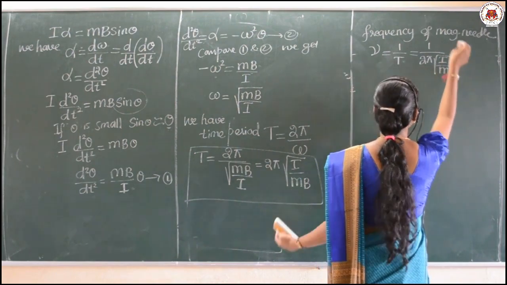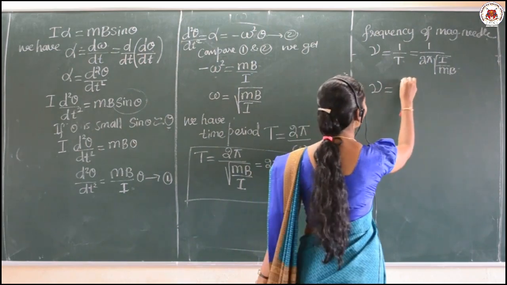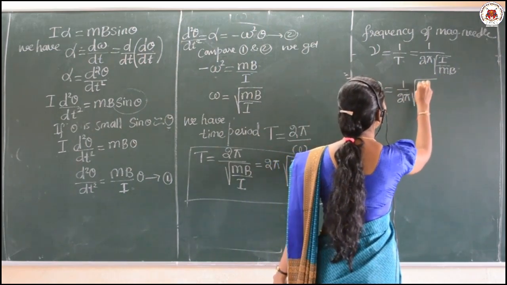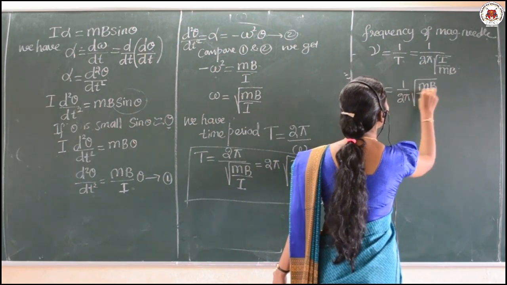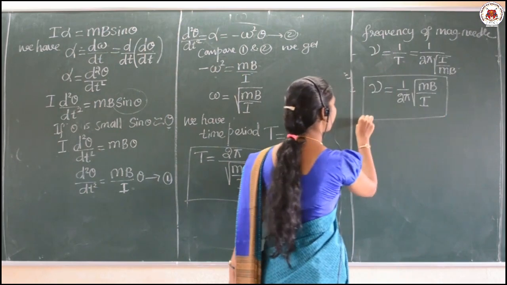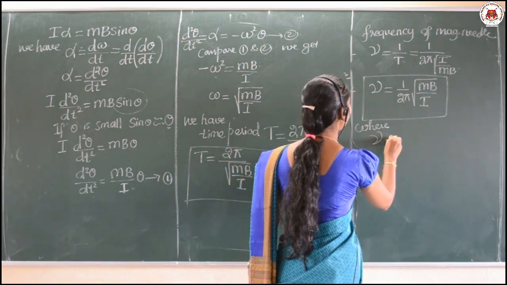Then again simplifying, frequency nu is equal to 1 upon 2 pi root of MB upon I. This is our expression, where nu is the frequency,